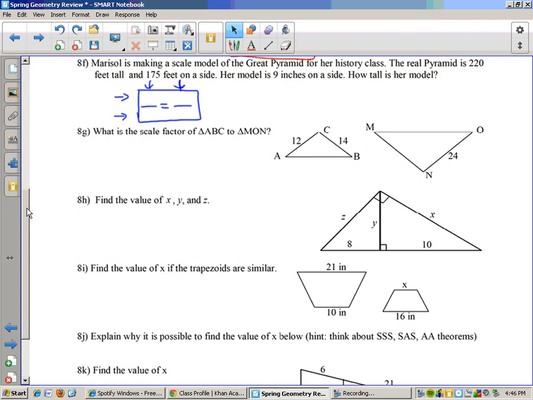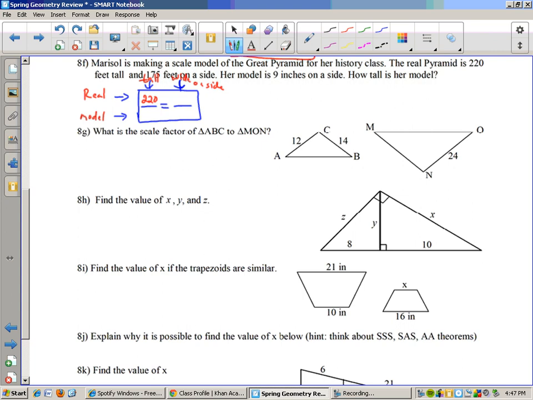Okay, so I could say, if I want to do this, I'm going to say, look, this is the real on top, and this is the model on bottom, okay? And I'm just, there's probably a better way to line this up, but I'm just giving you guys one example here. So this is going to be how tall, and this will be how, what are they calling it, on a side. So how wide it is on a side. Okay, wide on a side. So if I go and just fill this in now, the real one was 220 feet tall. The model one was,